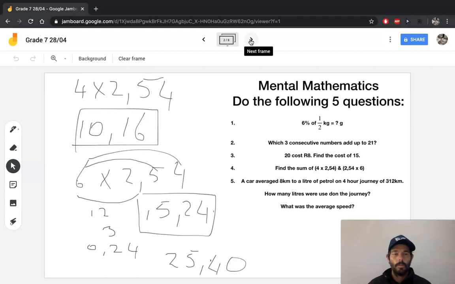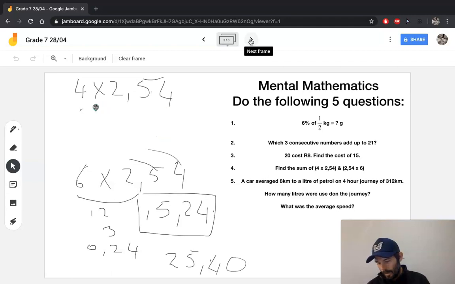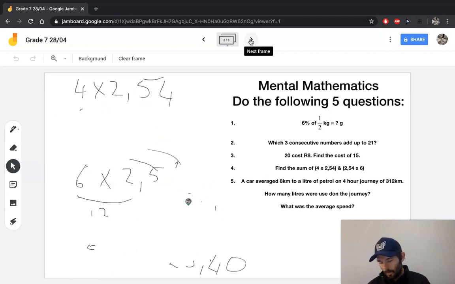You could have done those multiplication sums in a column method. That's also not a problem. You could have split them up the way I did. You could have taken the decimal out and then put the decimal back, which is another option for you. Ultimately, you would have got to 25,4. However, if you had recognized the following, if you had recognized that 4 times 2,54,